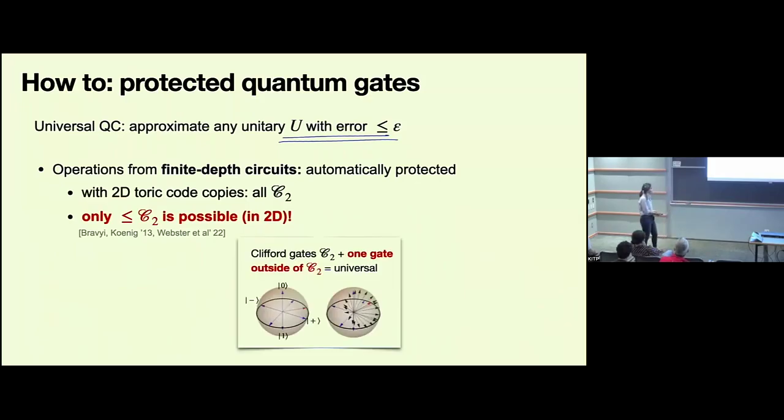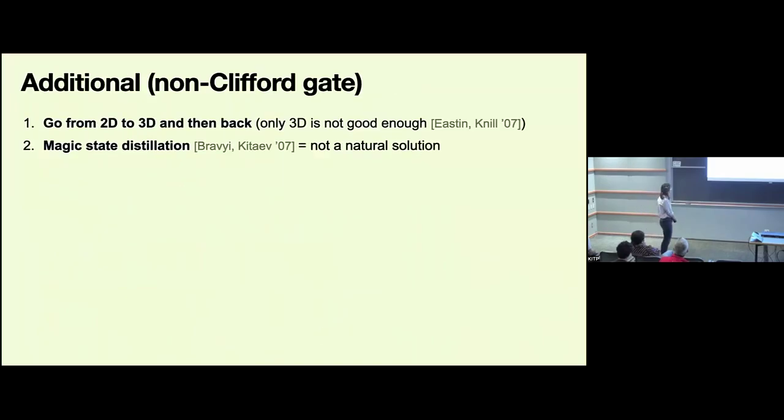And yeah, so this is just a reminder that we just need 1 gate. And the way people get this one gate in quantum info, there are two approaches. One of them is to really go to three-dimensional codes, and in three-dimensional codes, we actually do have gates at the third level of the Clifford hierarchy. But then there is one more no-go theorem that tells us that there is not a single dimension in which you can get the entire universal gate set.